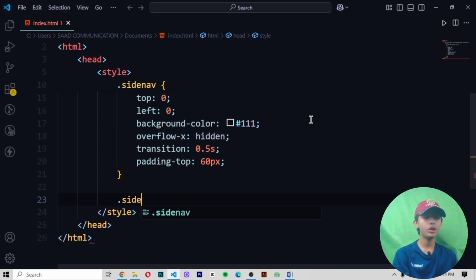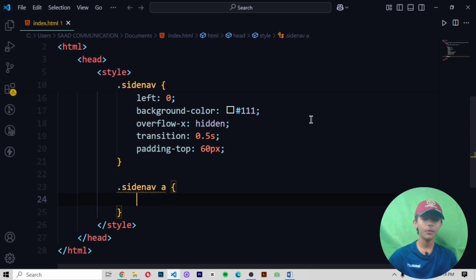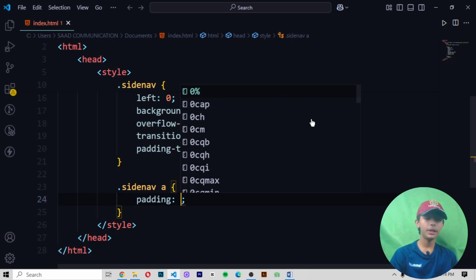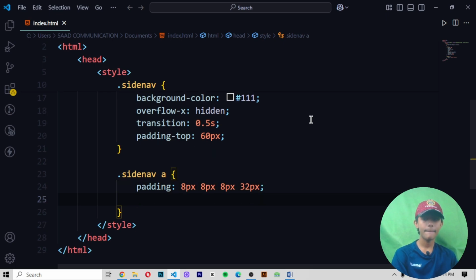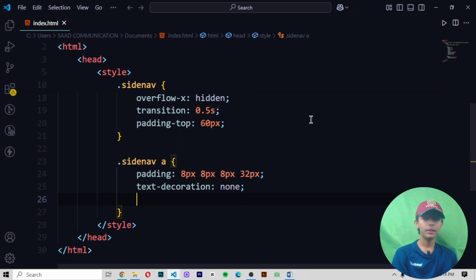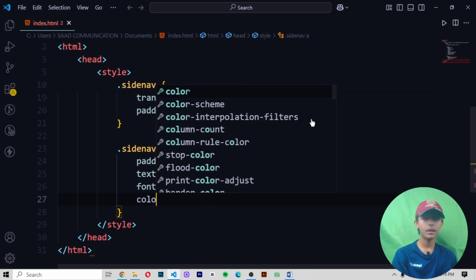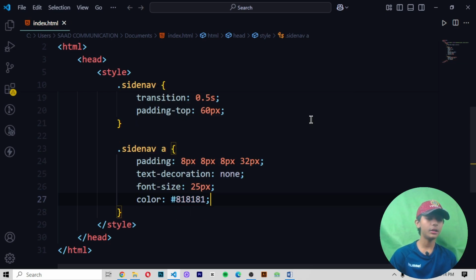Perfect. Then we define .sidenav a. In it we write padding 8 pixels, 8 pixels, 8 pixels, 32 pixels. Text decoration should be none, font size 25 pixels, and a text color.